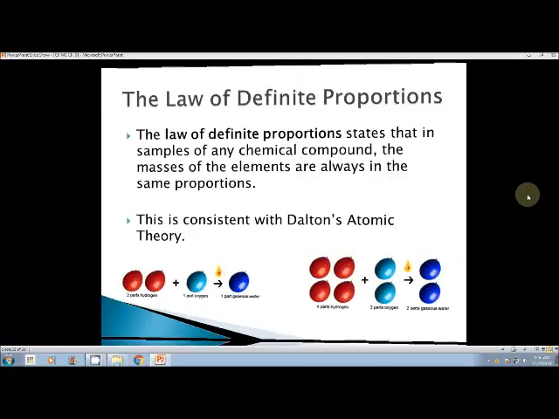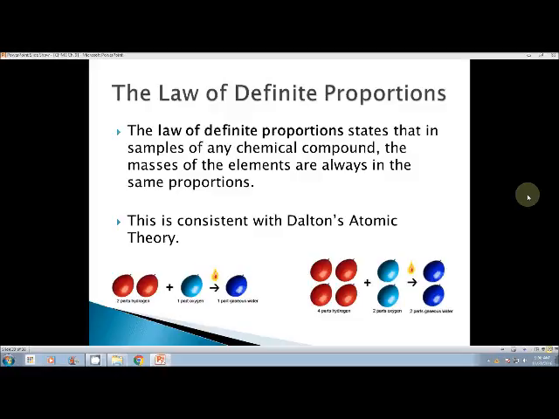The last thing we need to deal with are the two laws for this chapter. So we have the law of definite proportions first. The law of definite proportions states that in samples of any chemical compound, the masses of the elements are always in the same proportions, which is consistent with Dalton's atomic theory. So, basically, for examples, you need to know